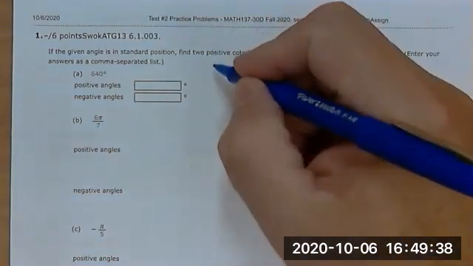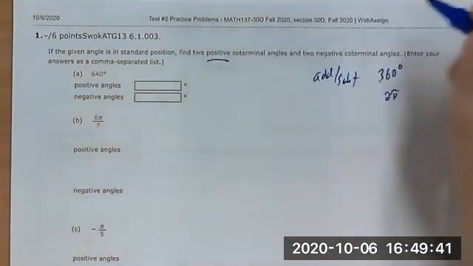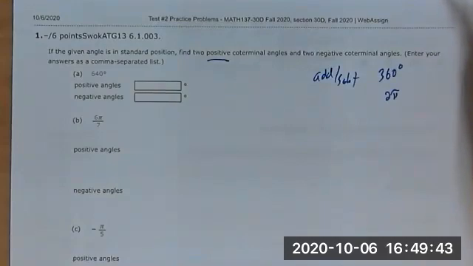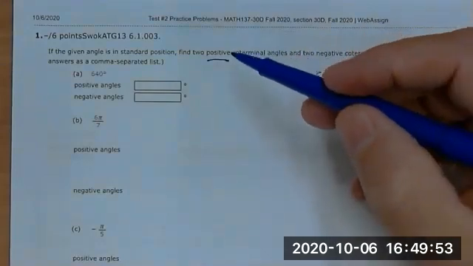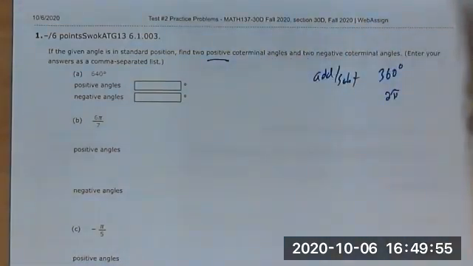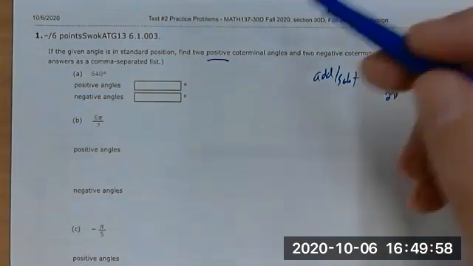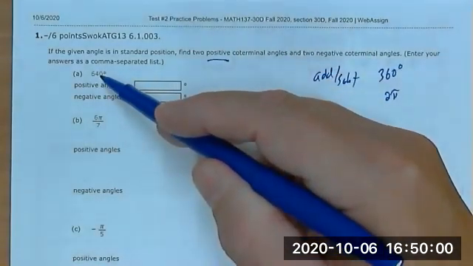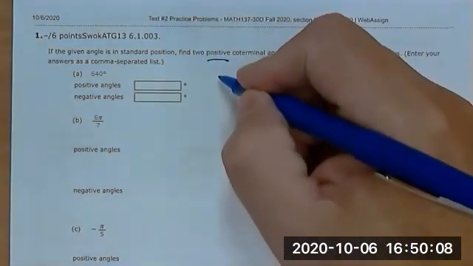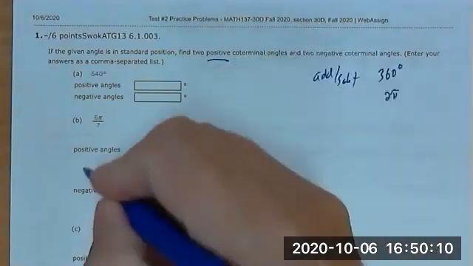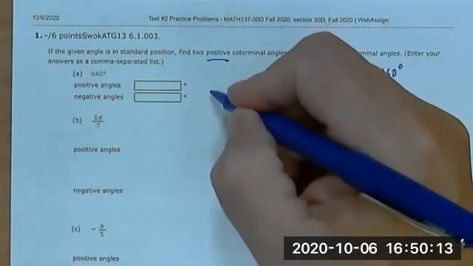Now the whole key to having positive coterminal angles is that your final angle has to be a positive number. Doesn't matter how you got that angle. You could have added or subtracted 360 degrees, but as long as the final angle is positive, that's a positive coterminal angle. So for instance, my initial angle is 640 degrees. I need to find 2 positive coterminal angles. So here's the positive angles. I'm going to initially